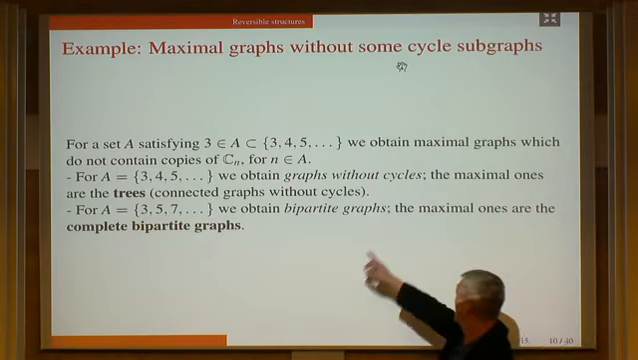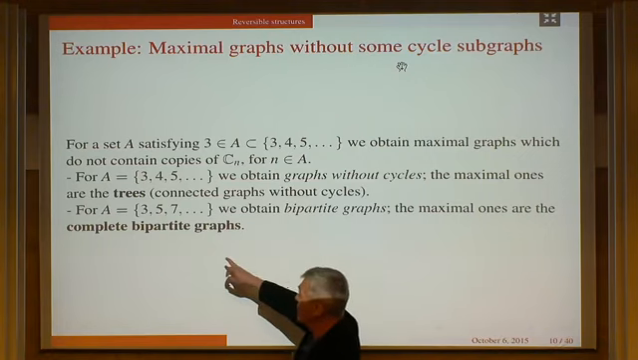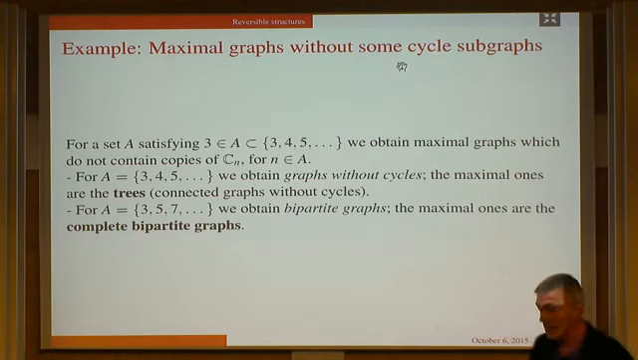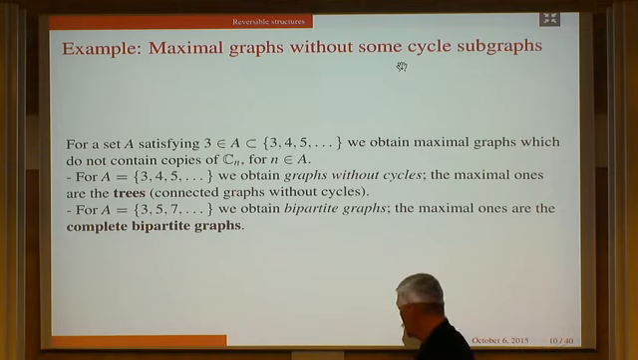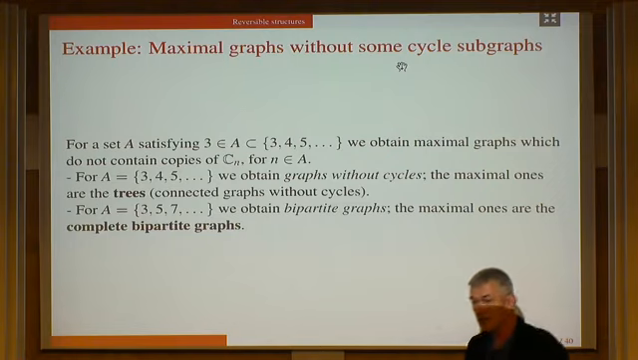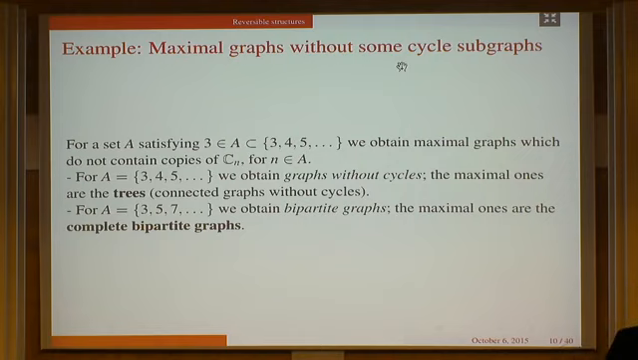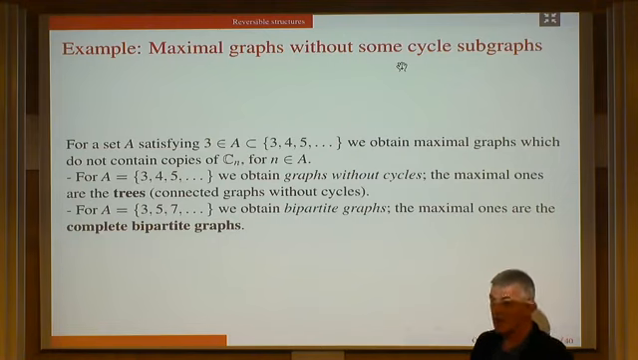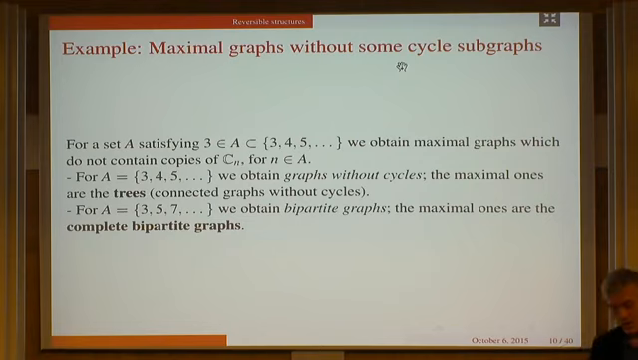And maximal such graphs are complete bipartite graphs, which means that there is a partition into two sets such that each from here is connected with each from here. It's clear that this is a reversible structure, because if we delete one edge, we will lose this property that each from here is with each from here. And finally,